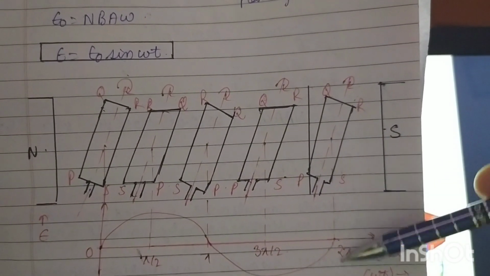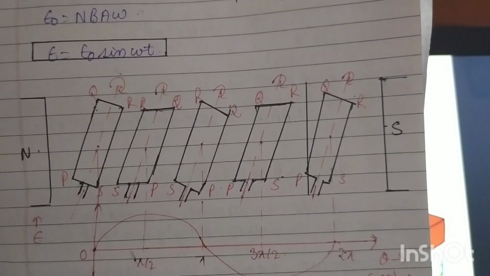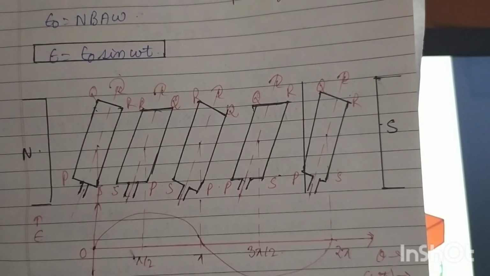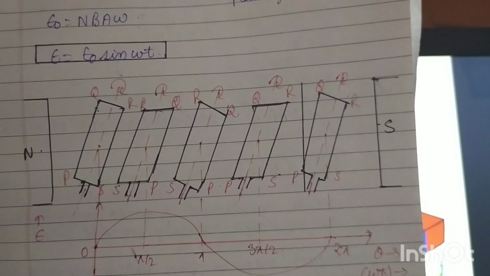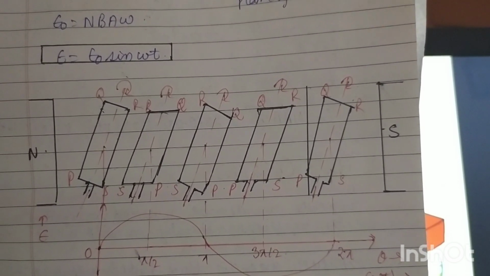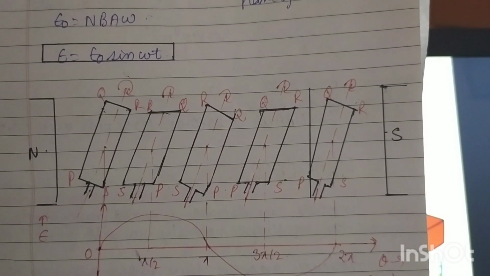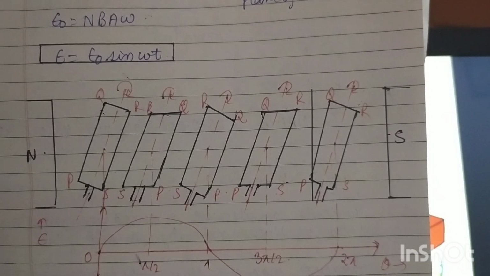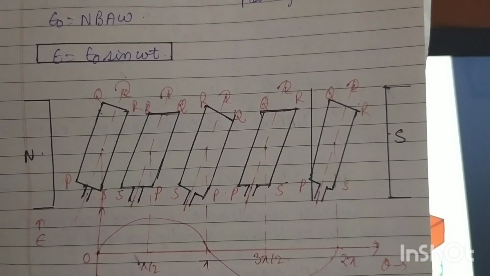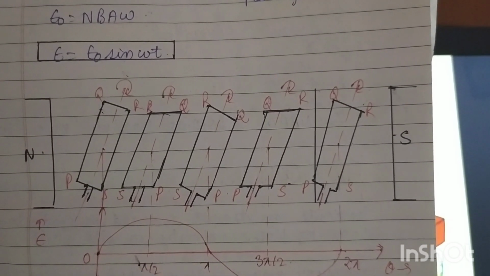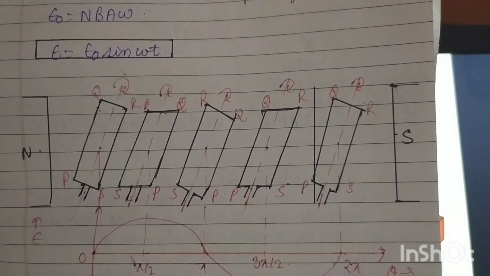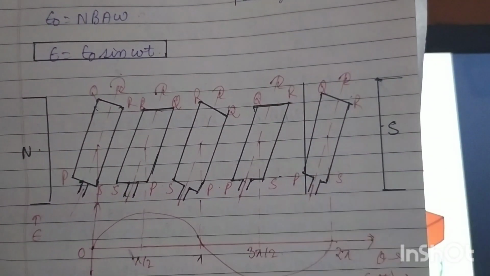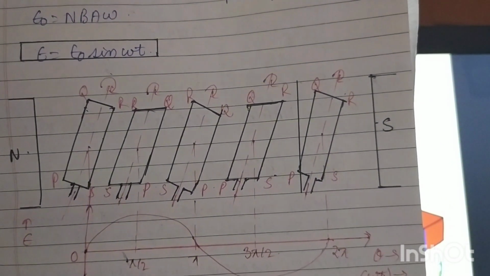Now if this coil is rotated again, it makes an angle of 2 pi with the magnetic field. We already know sine of 2 pi is also 0, so again we get 0 magnetic field, 0 induced EMF. So for rotations at 0 degree, pi and 2 pi, integral multiples of pi, we get 0 EMF, whereas for the angles pi by 2, 3 pi by 2 and so on, we get maximum EMF.